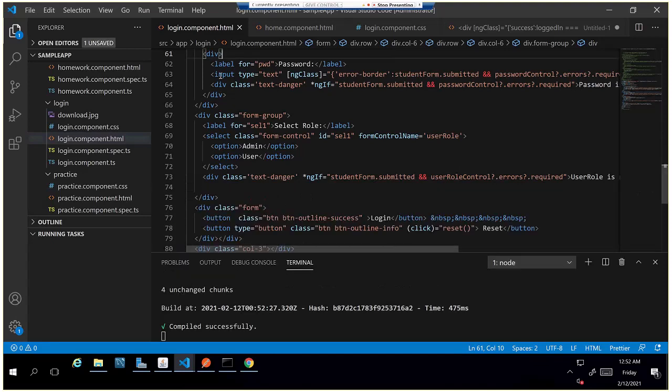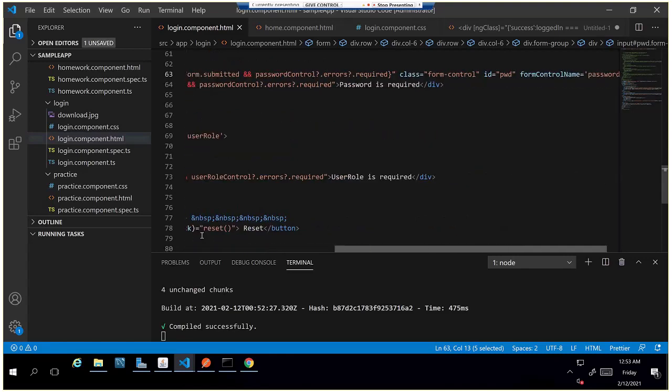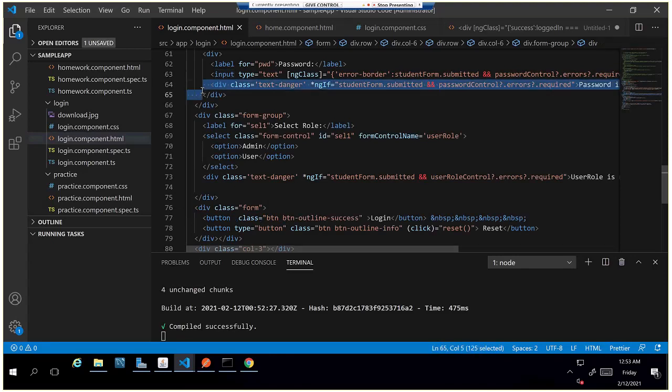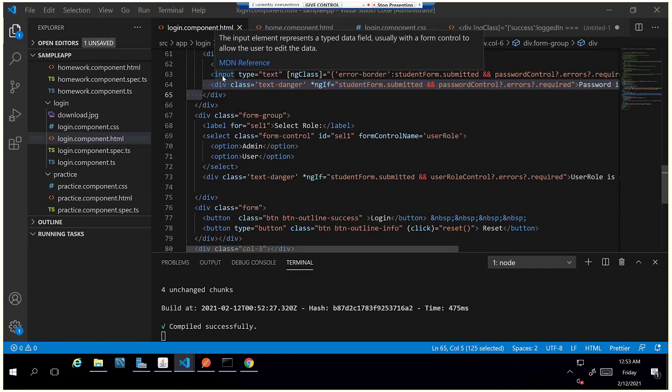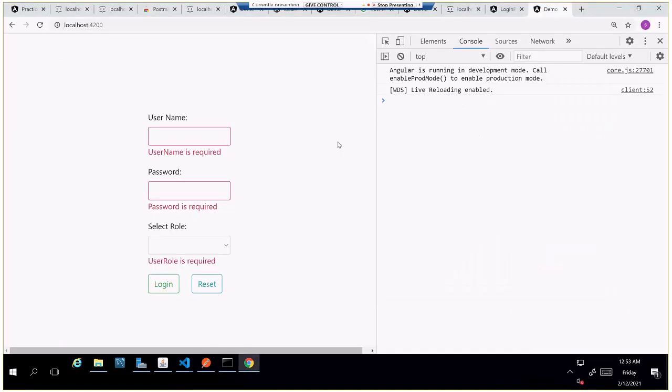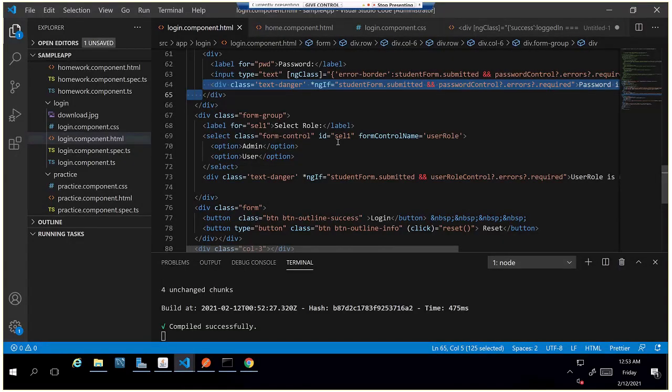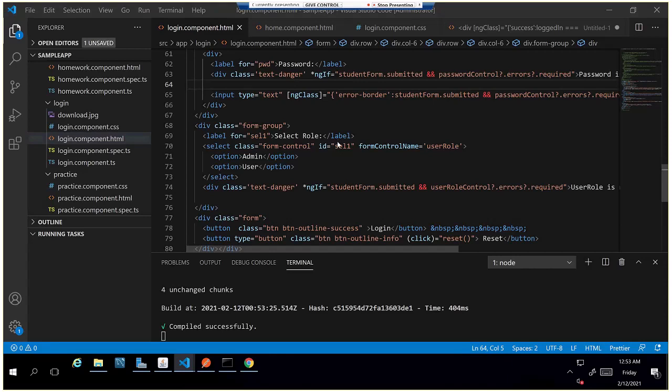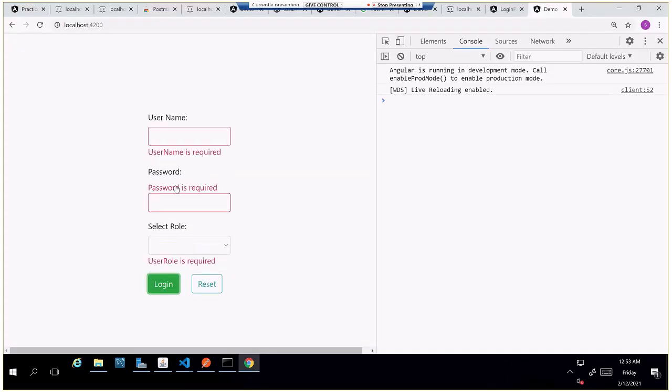Yeah, if you are using an input, once the input is done, then we'll add the error message beneath that. We can add it anywhere, because this is like a hide and show kind of error message, but it is better to show it beneath the text field. That will look good. I can add it above also, anywhere we can add, but the placeholder should be below. It will simply display that error message.